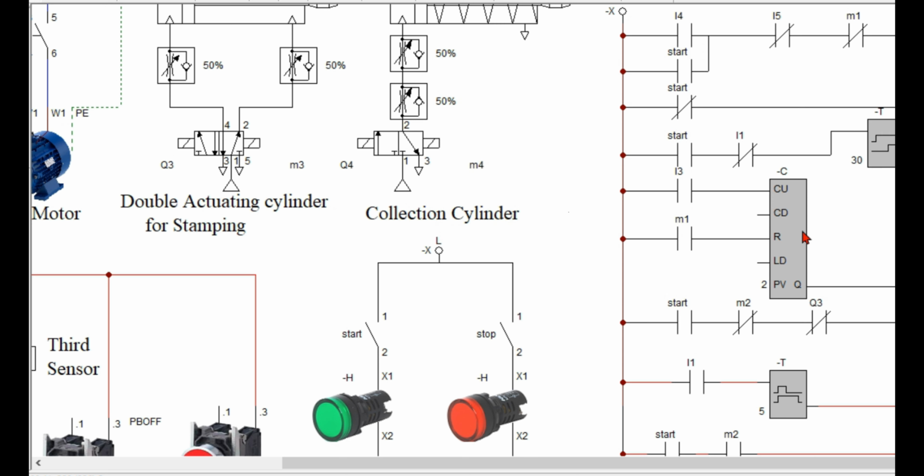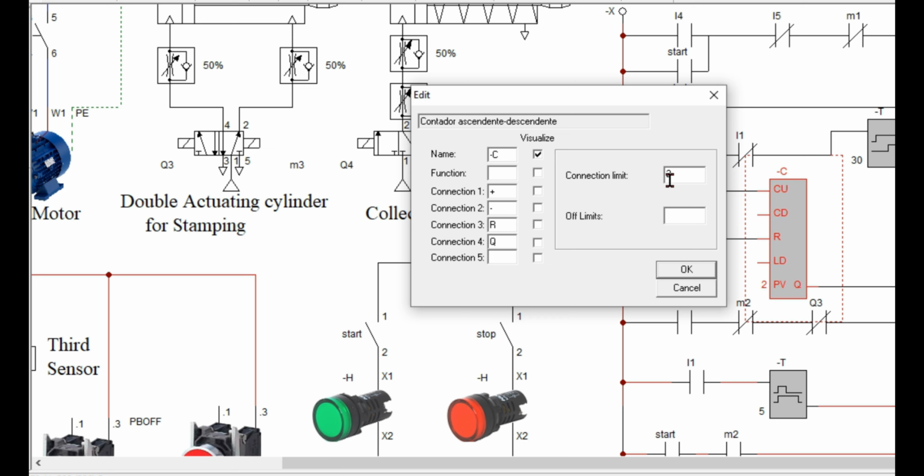Okay, this is the counter which will count down the objects. So we have seen the operation of the timer. Now I am considering another condition which was told in your scenario, that if 24 objects have been collected, then the process should stop. So firstly adjusting it to 24,